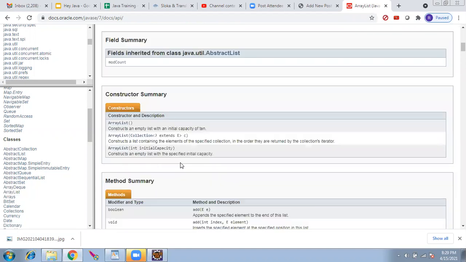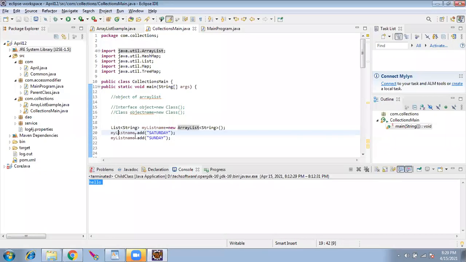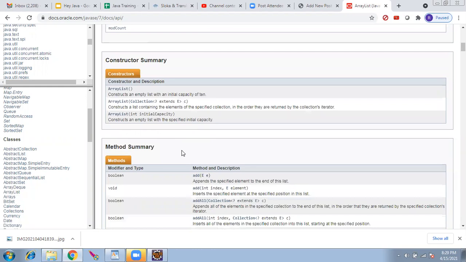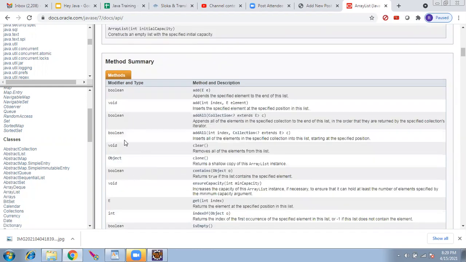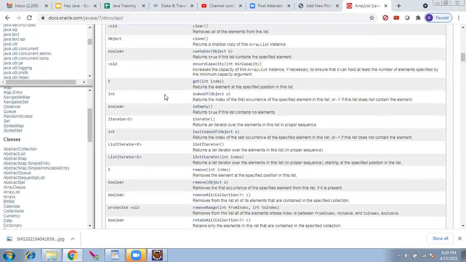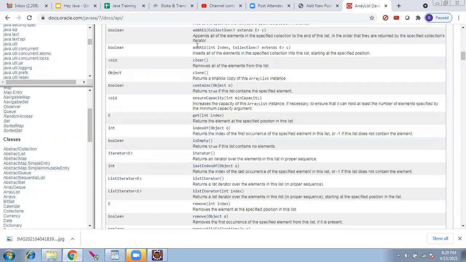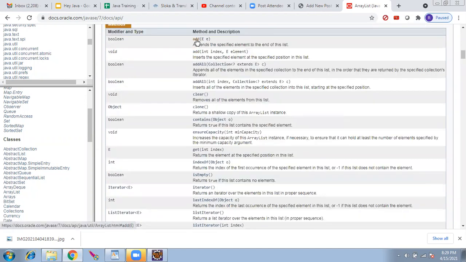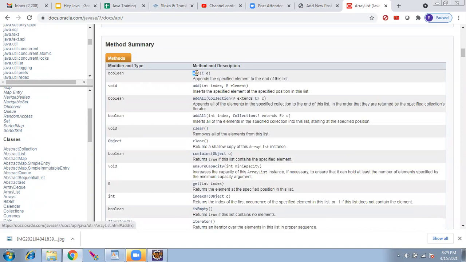I used array list dot add of an argument. There will be an add method here. What is add? It is expecting an input parameter and appends the specified element to the end of the list.